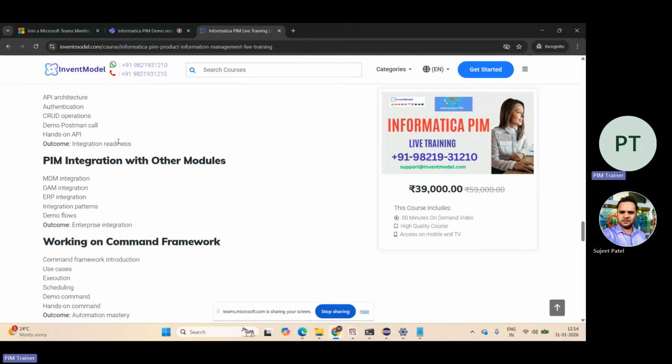Integration with other modules, that means MDM integration, DAM integration, that means the media integration, ERP integration, and the demo flows. These all might involve customization. The MDM and ERP integration depends on how MDM and other third party systems are asking for data from P360. So I'll be explaining all the concepts, what the ways to do it are,